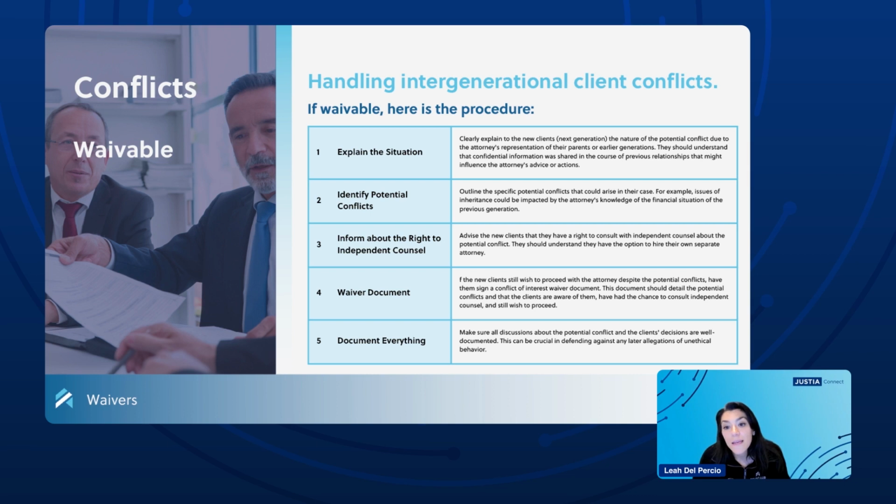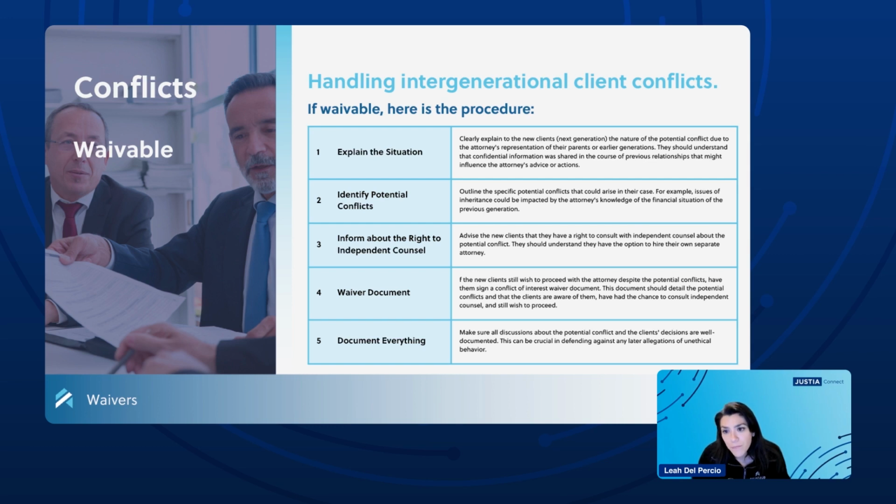So they need to understand, though, that confidential information that's shared in the course of previous relationships might affect your judgment or influence your actions in how you guide them on their estate planning. And though, most of the time you're going to see this as really a situation where,